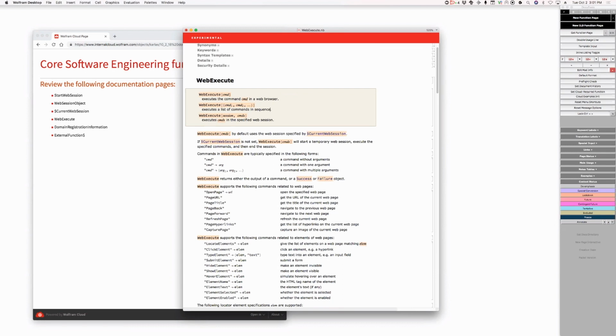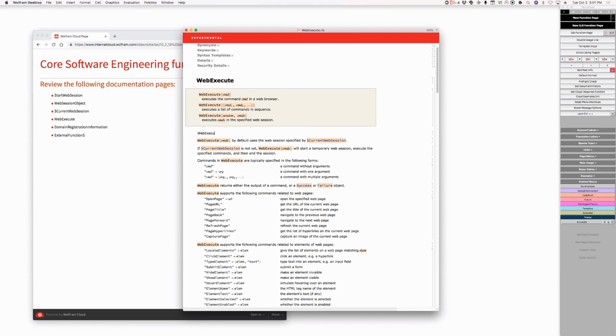Correct? I think right now it returns a list of results. So you have to be clear on what it's doing. That's fine if that's what you want to do, but we have to document that. Right. Okay. Web execute of commands